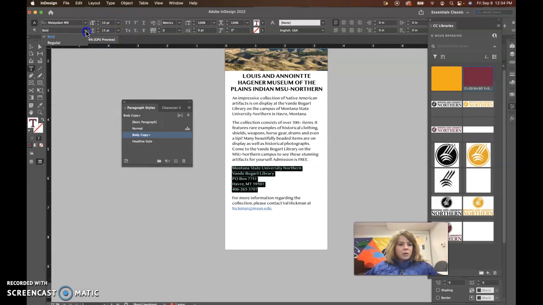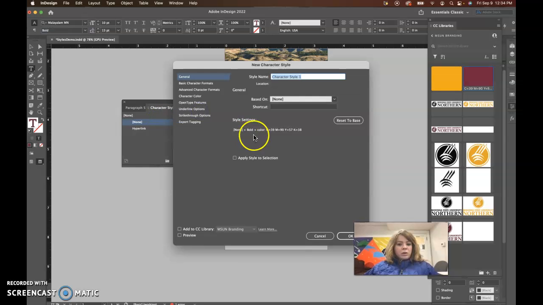And I mean, I could make it bold italic, but I guess I'll just make it bold. And let's say I want to have a character style. This is good for just certain characters. It won't affect the whole paragraph like a paragraph style will. So I can do the same thing, new character style,